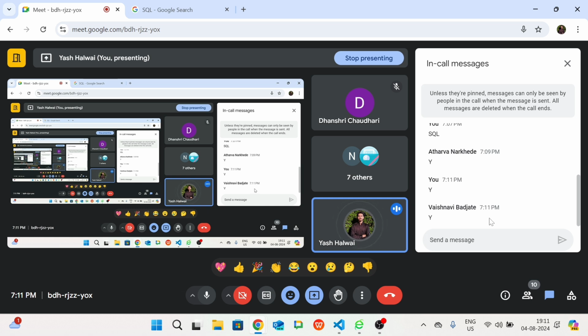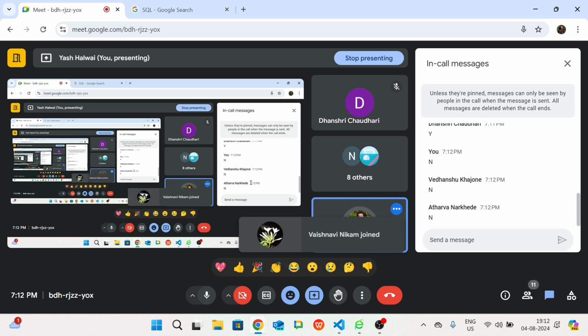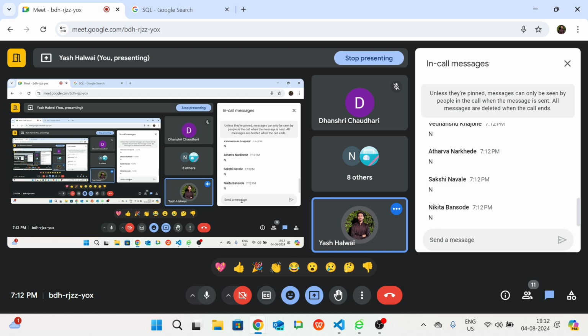do you know SQL? So I will be giving you some more hints. What do you mean by SQL? Because I know some students are from different branches as well. That's why I'm asking. Those who don't know, type N. So if there are two, three students, I will just give you the idea of SQL. That's good. Vedanshu, Atharva, and Sakshi. Okay, good. So I will be explaining a little bit of SQL.